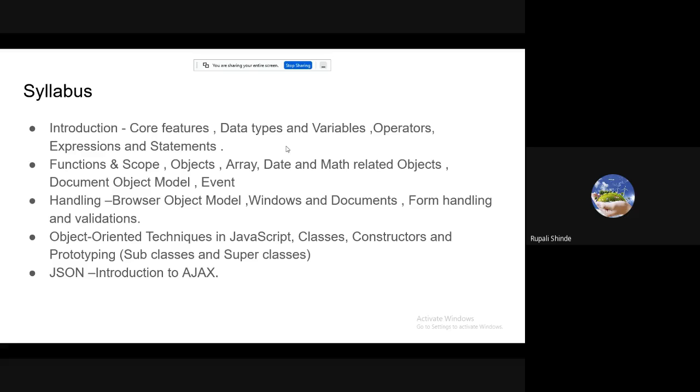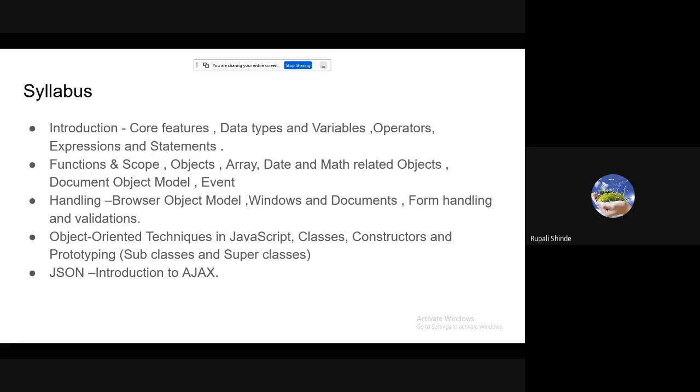Now, first of all, let us overview the syllabus, what we have to finish in the third unit. That is introduction, core features of the JavaScript language, data types and variables, operators, expressions, and statements. Then we are going to see functions and scope of a function, objects, array, date and math related objects, the document object model, that is DOM, and various events.